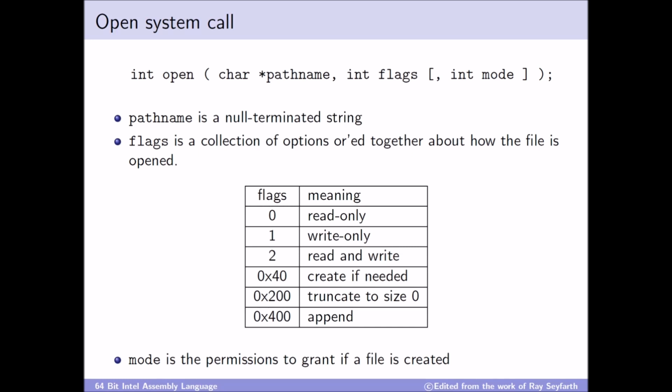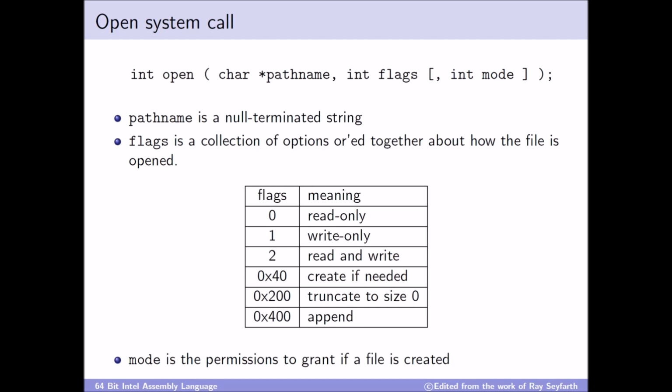Another commonly used flag is the 40 value, or 40 in hexadecimal. Now, this flag is to indicate that if the file you are trying to open does not in fact exist, you should create it, or the operating system should create it for you. Another flag which has, in my opinion, a slightly misleading name is the truncate flag, which corresponds to the value of 200 in hexadecimal. Now, the reason I say it's a little bit misleading is that it truncates the file to size 0. So it doesn't just chop off a little bit,